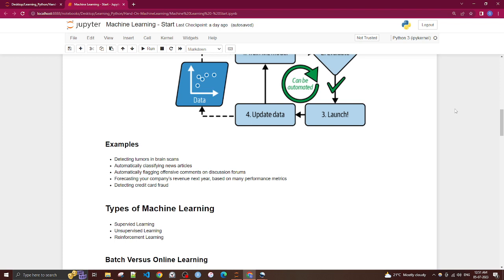If we talk about supervised learning, the example I gave earlier, identifying whether your email is spam or ham, is supervised learning because we are labeling something. In supervised learning, the training set you feed to the algorithm includes the desired solution, something like a label; whether spam or ham is a label. You train the model with the labels. You tell the model, okay, if this is the criteria, that means it's spam or it's ham.